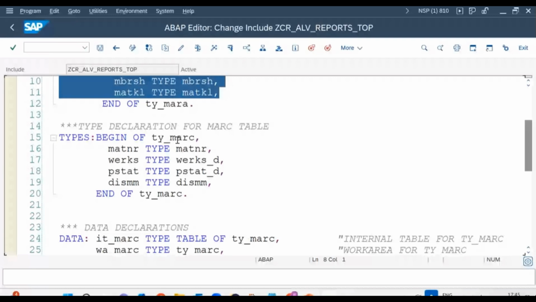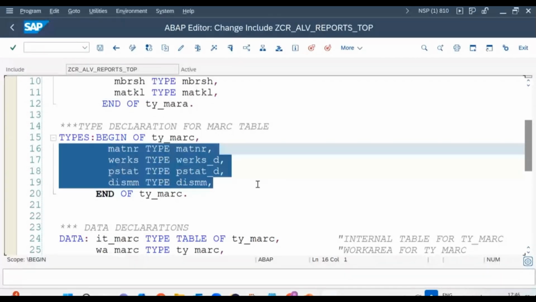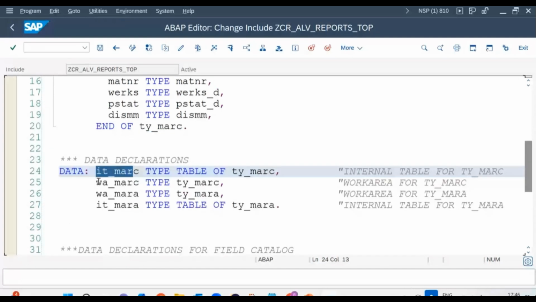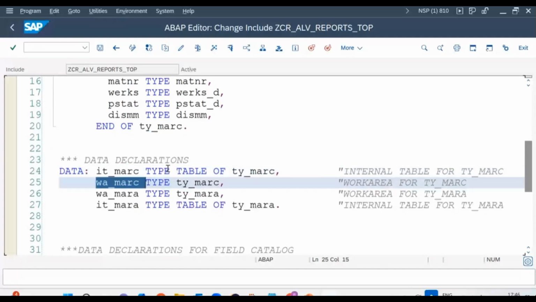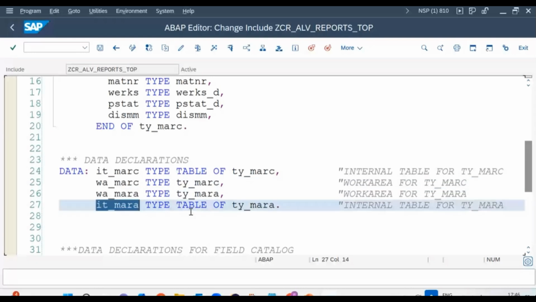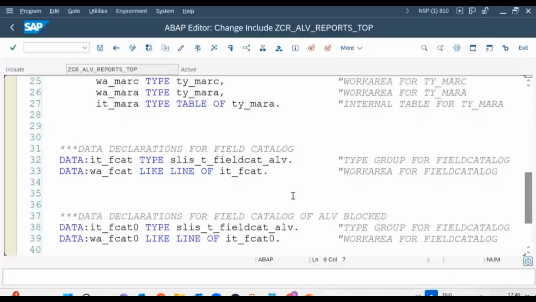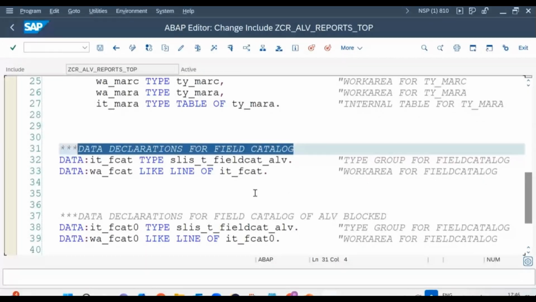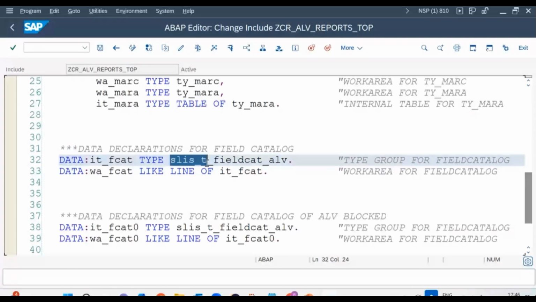I created the internal table for Marc, work area for Marc, created the work area for Mara, created the internal table for Mara. So these are all simple things so far. And apart from that, you see field catalog. When you see field catalog, I am referring to this structure slis_t_fieldcat_alv. Let us see